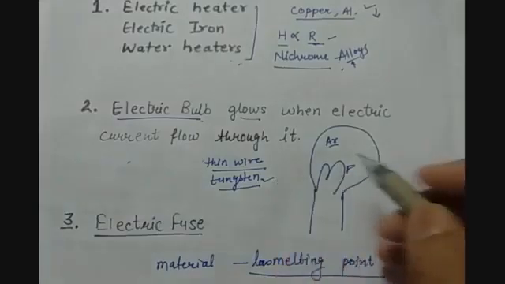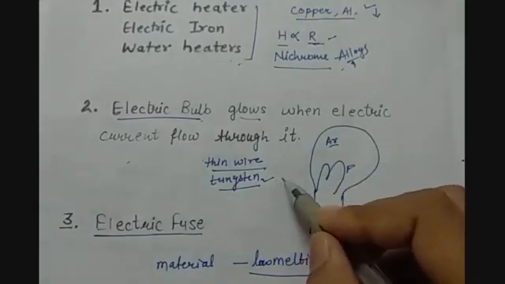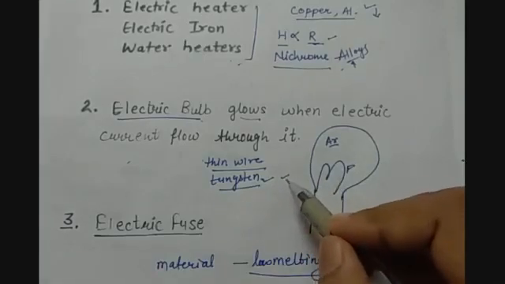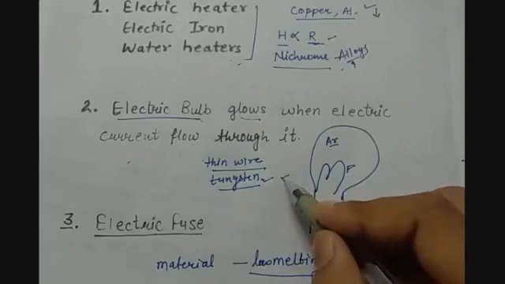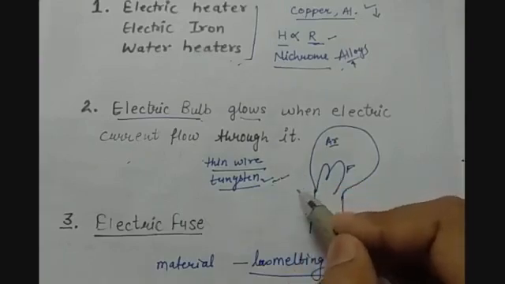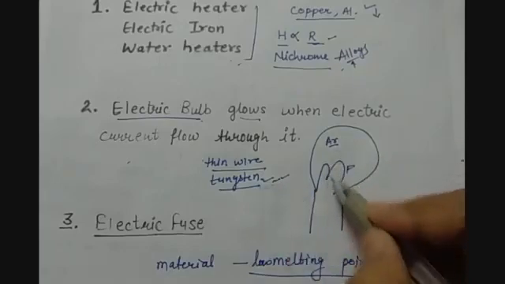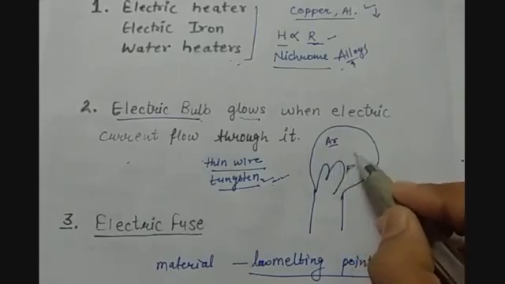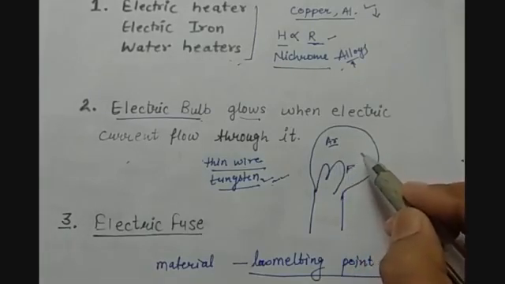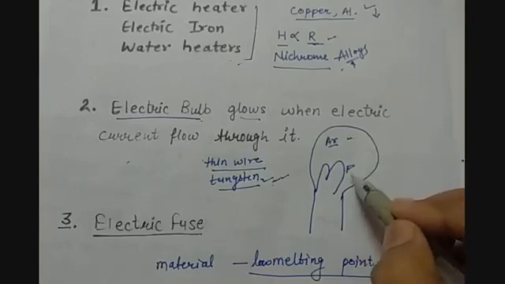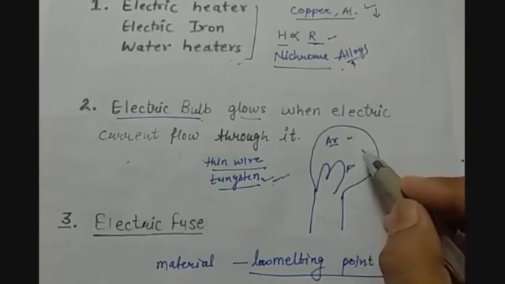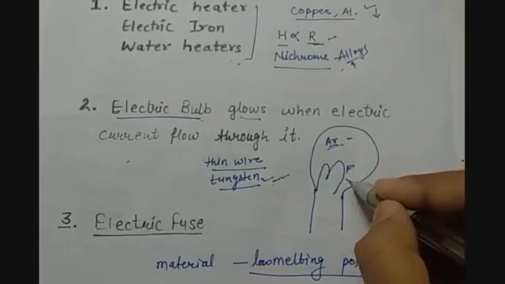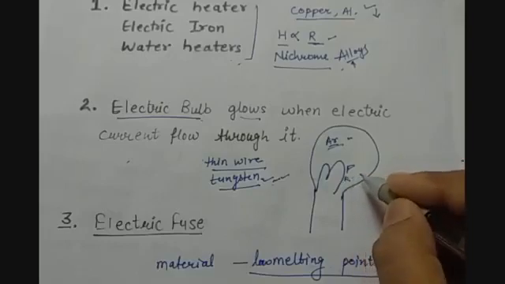So it will not even burn or oxidize at higher temperatures. This will convert the electrical energy into heat energy, as its resistance is very high, but this filament is covered in a glass envelope and this space is filled with some inert gases like argon, so that it cannot react with the argon, as argon is an inert gas. So the lifetime of the tungsten or this filament will be increased.